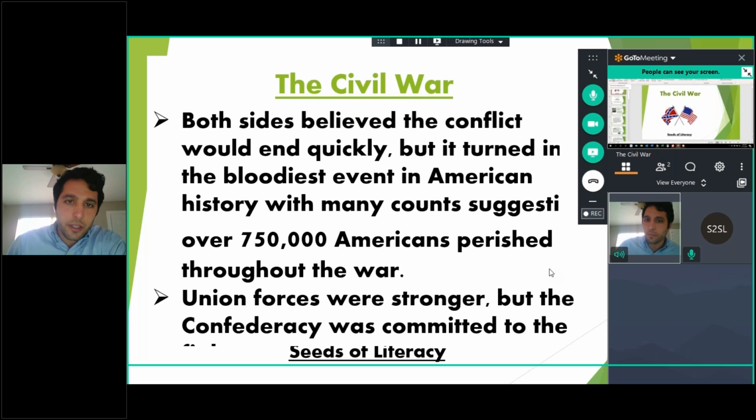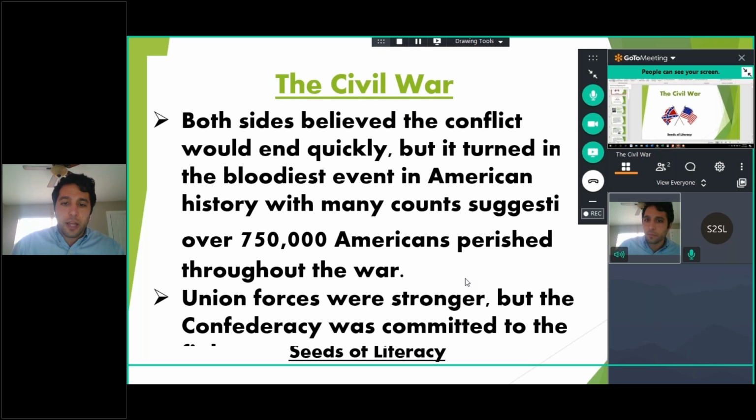And frankly, he thought that this conflict would end quickly, and so did the South. It turned into the bloodiest event in American history. I think both sides thought that maybe the other side was underestimating them. I think the Union forces understandably thought, we are much bigger, we are much stronger, this is a rebellion that will be suppressed quickly. But I think the Confederacy thought, the Union's underestimating us. They don't know how serious we are right now about this secession. And it turned into a much bigger conflict than I think either side originally contemplated.